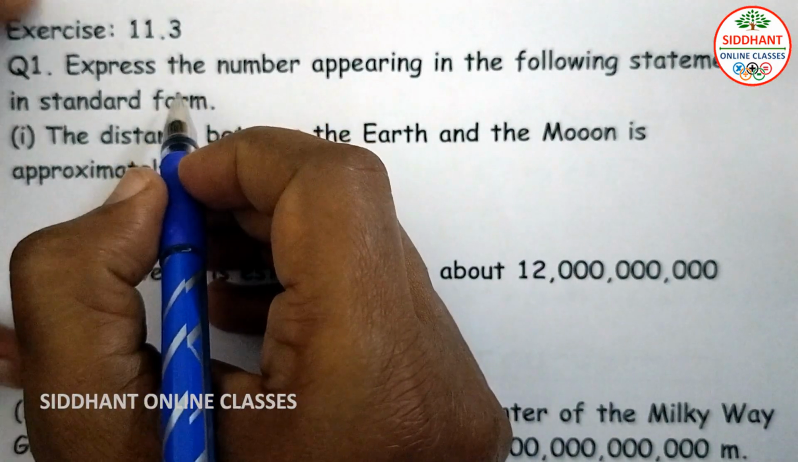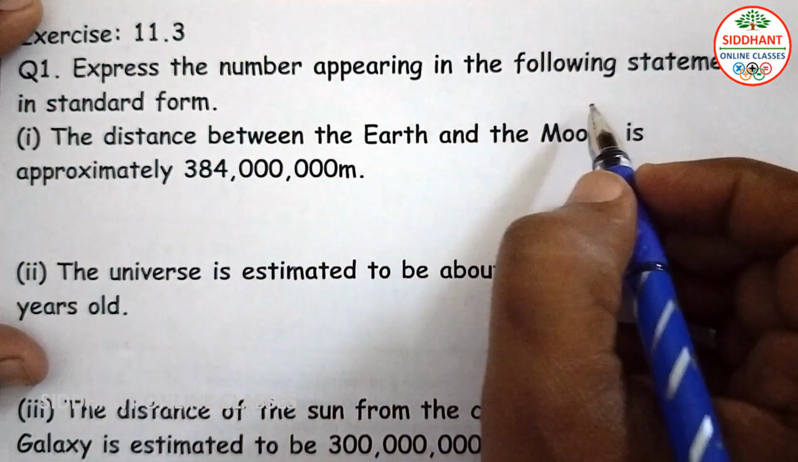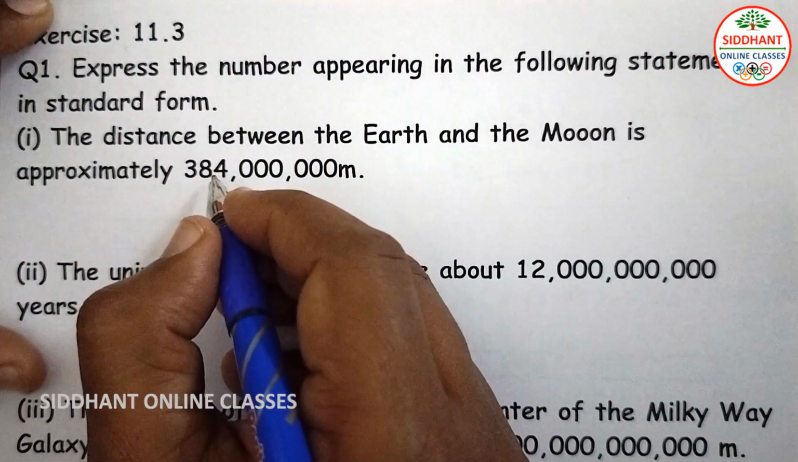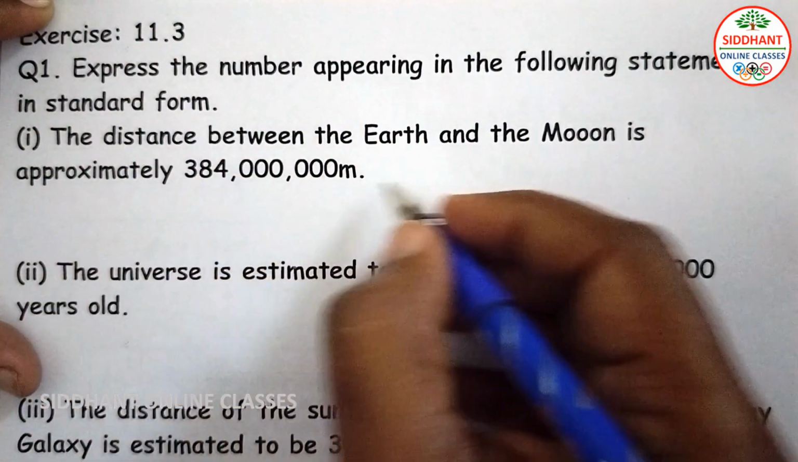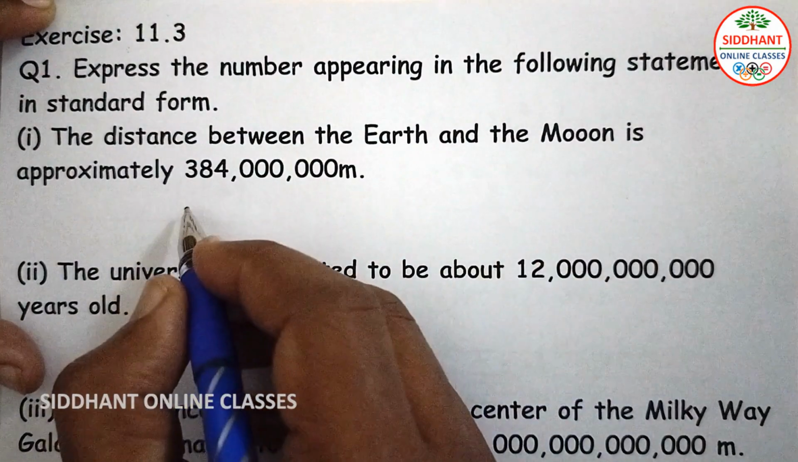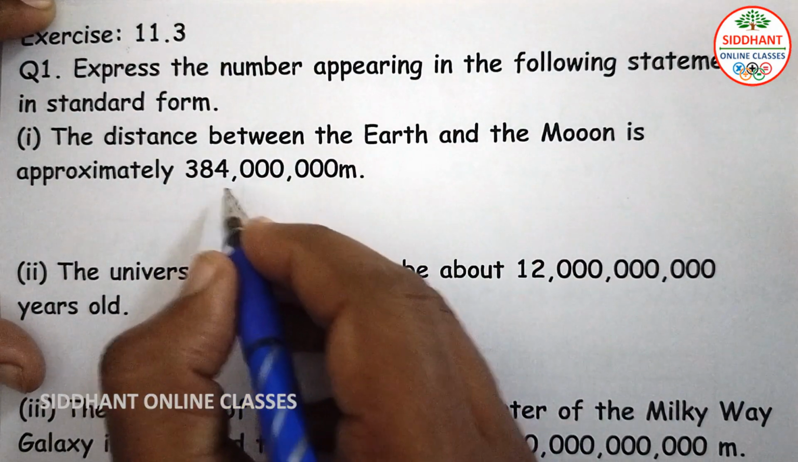Exercise 11.3, question number 1. Express the number appearing in the following statements in standard form. First, the distance between the Earth and the Moon is approximately 384